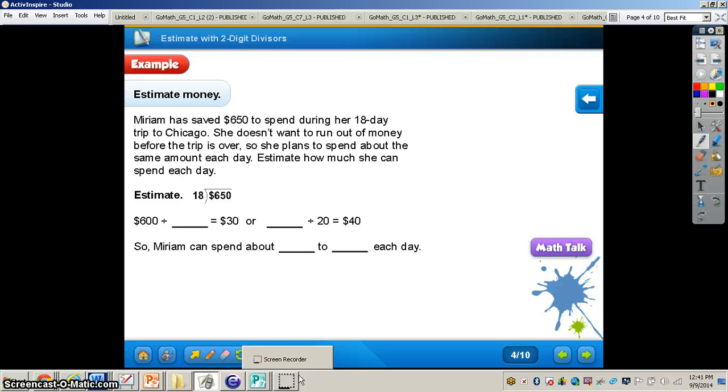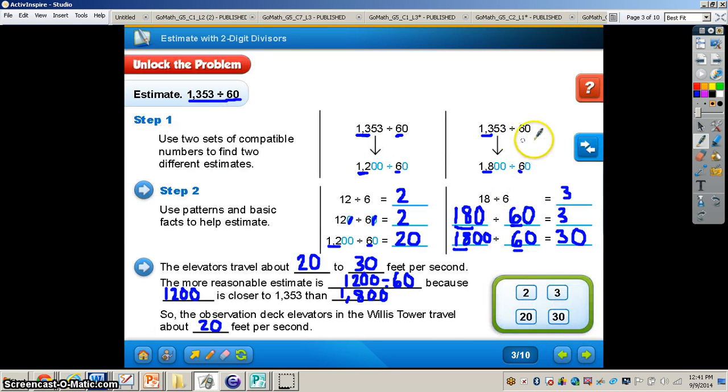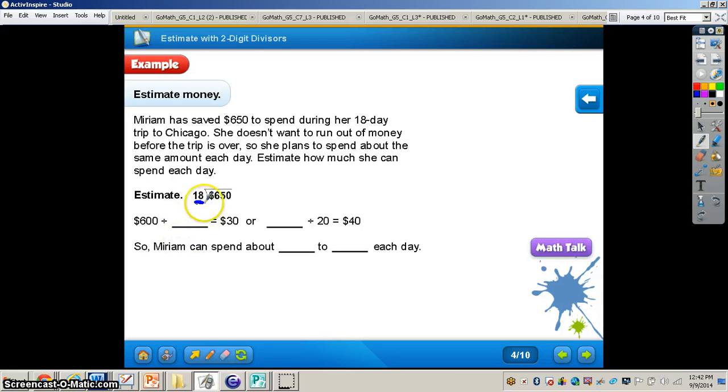Now we have the problem of $650 divided by 18. Whenever we have a two-digit divisor that's not even, like we had over here with 60, which made it pretty easy, it's going to be a little bit tricky to find a compatible number. So we're just going to round it. 18 rounded to the nearest 10 is going to be 20. So now we have 600 divided by 20,